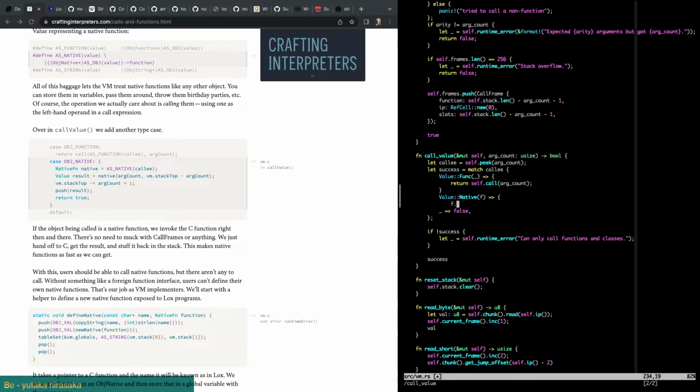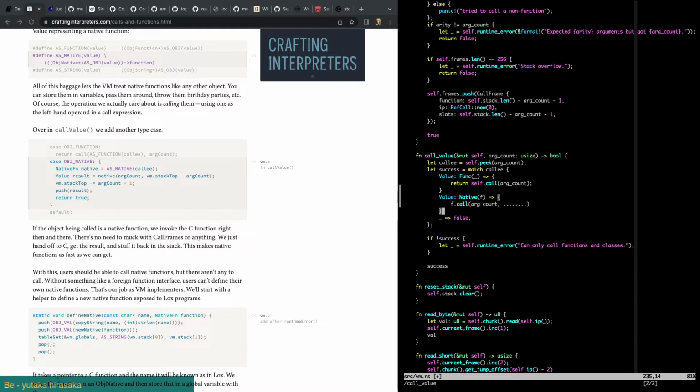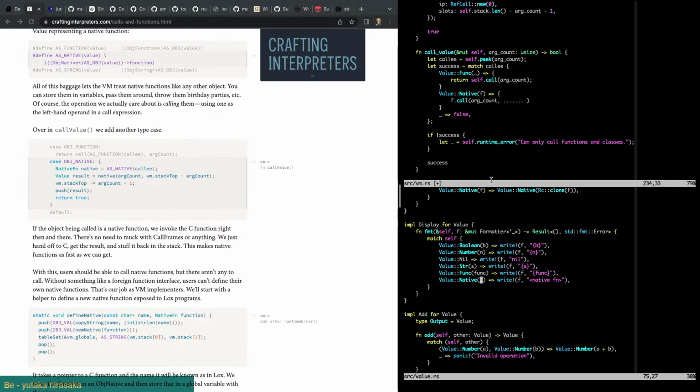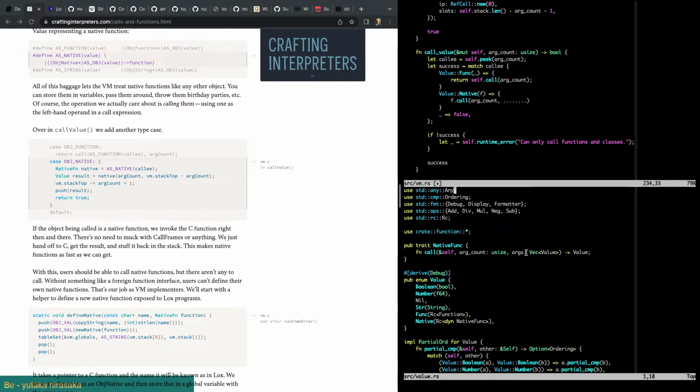And what I want to do is just say fcall arg count. But now we need to figure out how to pass the arguments in. That's why I was pausing. Because the way we defined it, right, was with a vector. If we look here, I was saying vector of value. What we want to actually do is point directly at the stack.